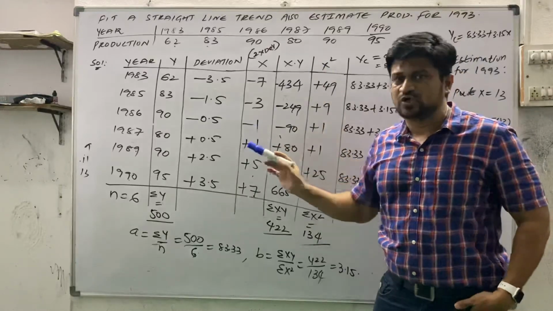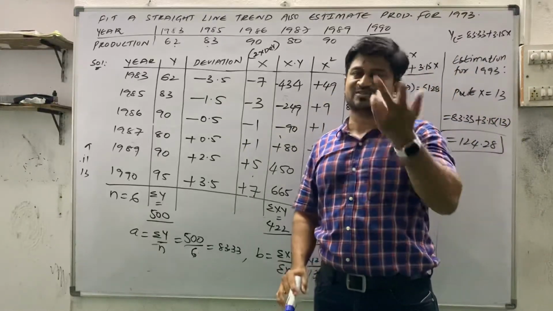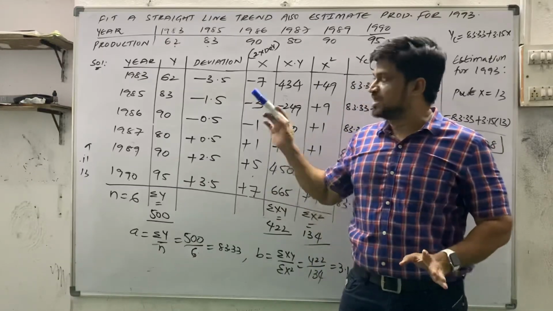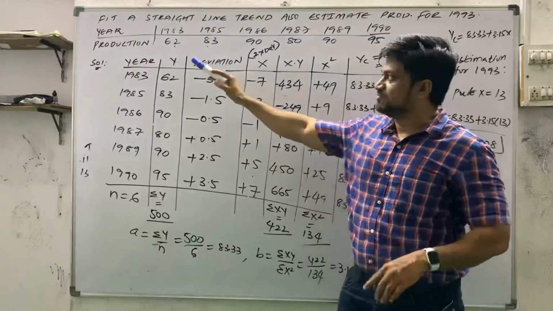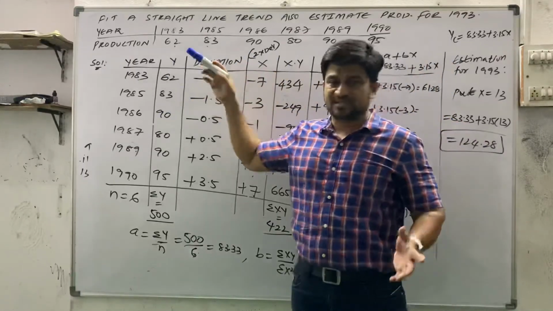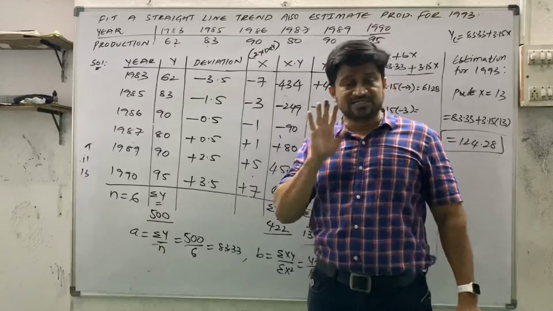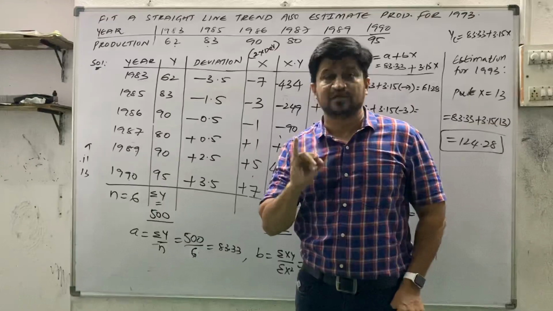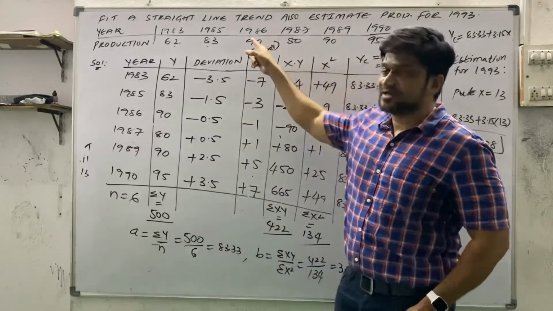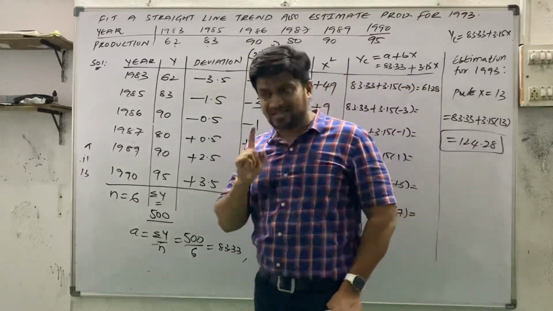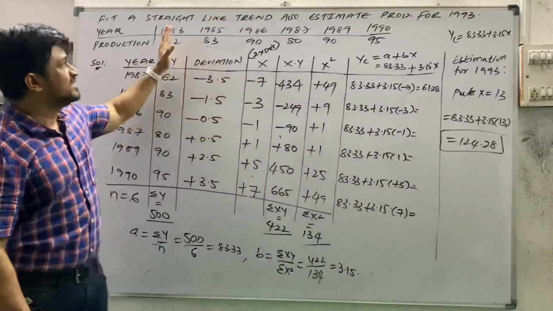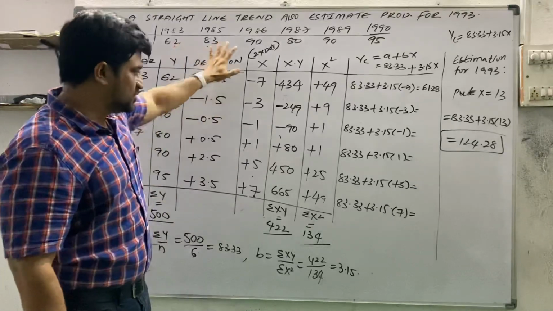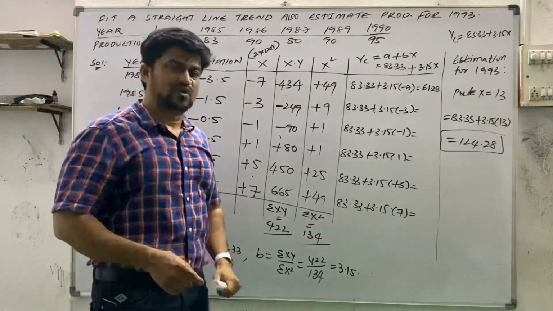Directly if you watch this video, you are not going to get anything because this is related with the previous two videos. So first follow previous videos, then you can go for this one. Directly if you want to understand, again you have to add the columns and all. You don't find the difference between all the three questions. So there is a difference in least square problems. Three methods of questions are there. One is when odd number of years are given, here even number of years are there. Odd number of years, even number of years, and question in which years are not mentioned, in between years are missing. For missing years also we have to use the same method, then you can easily do this in exam.